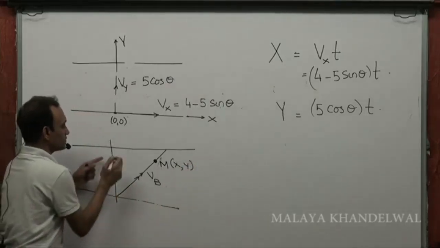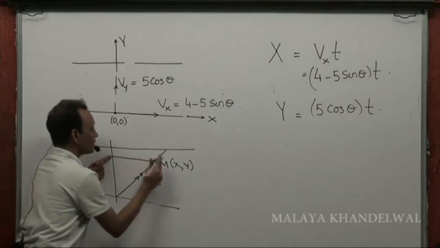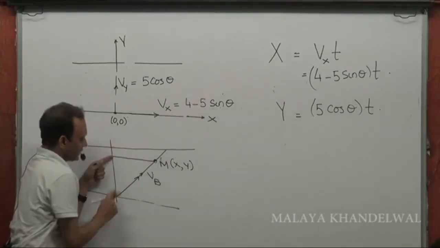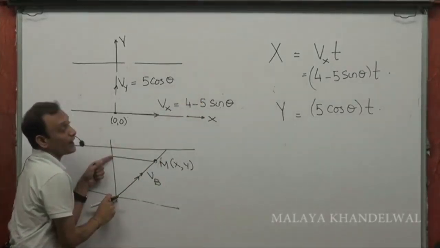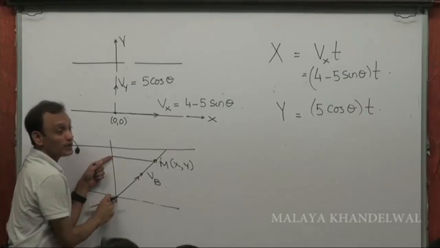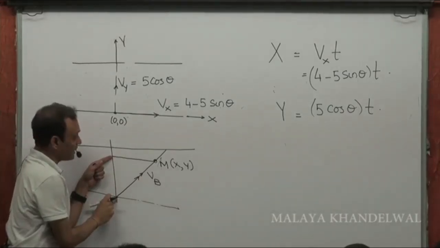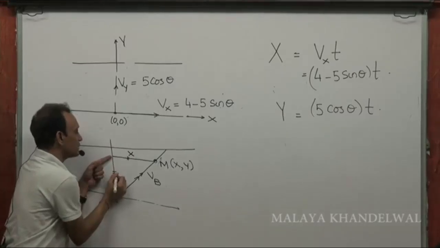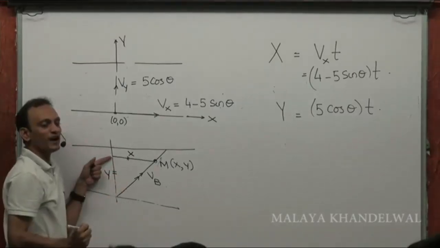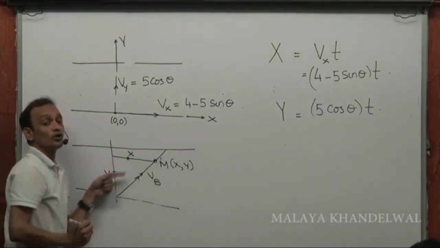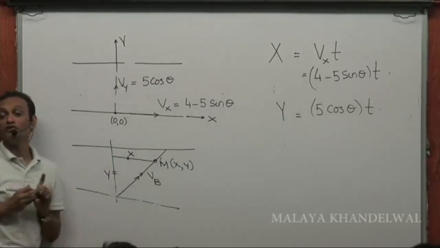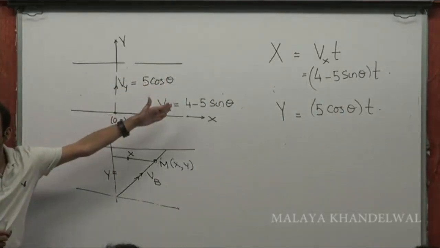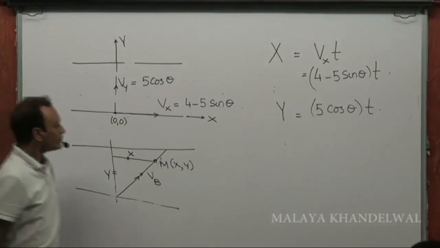X comma y means by this time the boat would have undergone an x displacement x units given by that, and displacement in the y direction at the behest of the vertical component of the velocity Vy. This is y, right? This x is caused by Vx, this y is caused by Vy, where Vx and Vy are horizontal and vertical components of Vb. Vb would be root Vx squared plus Vy squared. Now,